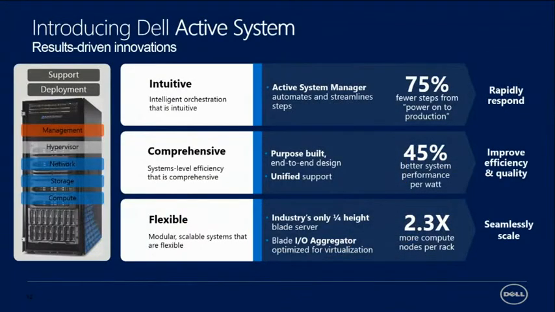Around Active System, one of the other pieces is simplifying deployment. So instead of just giving you a bunch of blank servers and chassis and shoving them all in, we actually have software that will automate the deployment. So Active System Manager can actually automate the deployment of new blades using templates. So once you create your preferred version of a template for a blade, let's say you want to load Server